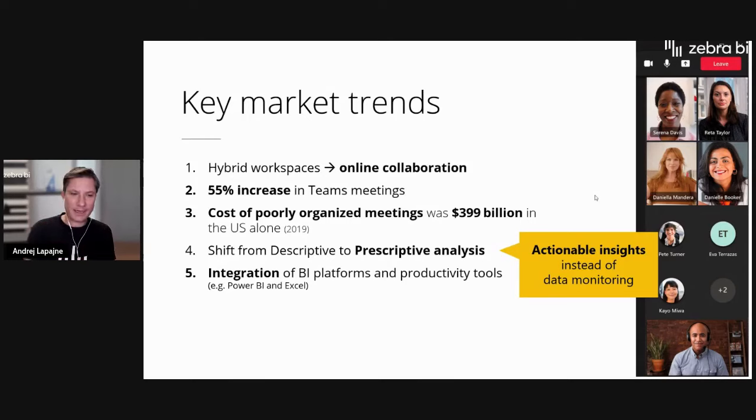Another fact, integration of BI platforms and productivity tools is taking place. For example, in Microsoft World, Power BI is being integrated in Excel. A lot of features and functionality was added to make sure that this integration is seamless, and this functionality is going to increase in the next months and years to come. Okay, so these are the market trends, and while we are looking at this,